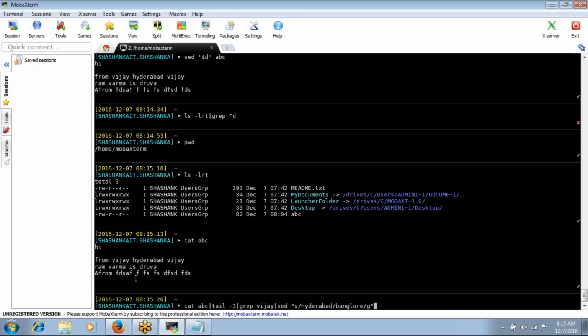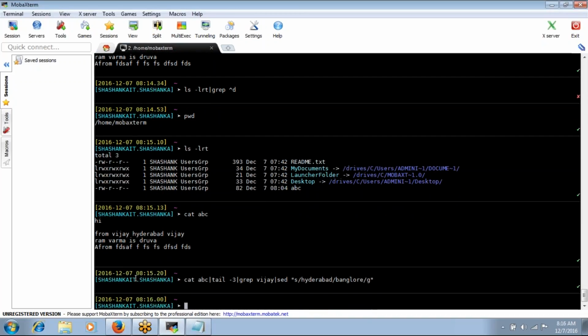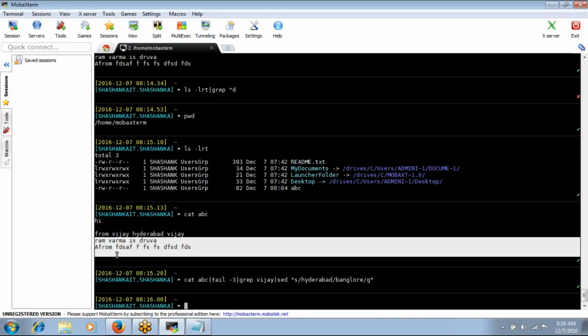So we will get the output, right? Here cat ABC, this is the file name. tail -3 gives the last 3 lines. These are the empty lines; we have one record here.